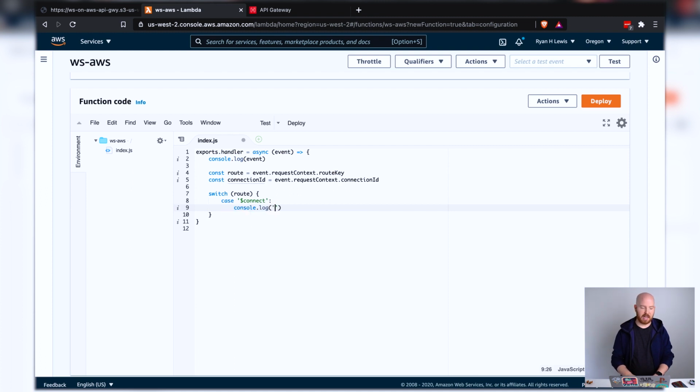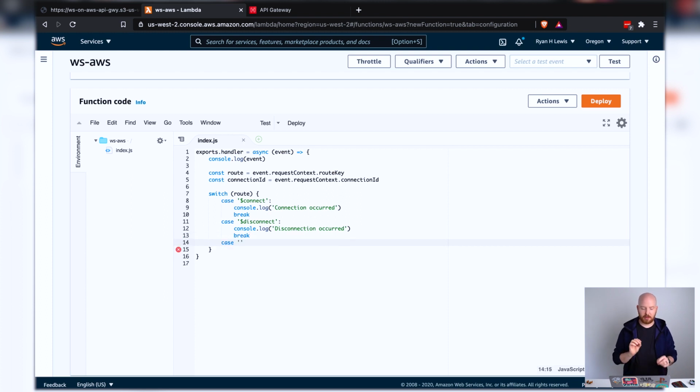Here, we'll just say connection occurred. We don't really have to even save the connection ID here. It's up to you. I'm including things like this disconnect here so that, if you want to build something off of this, you'll know where to plug in more advanced disconnection and connection functionality.